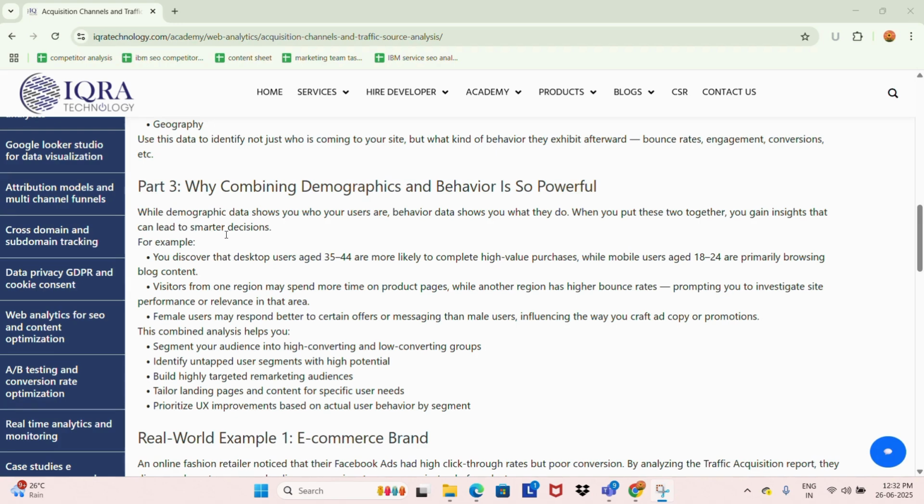Let's say desktop users aged 35 to 44 convert more on your product pages. Mobile users aged 18 to 24 mostly read blog posts. Users from Delhi spend more time on pricing pages than users from Mumbai. Now that's powerful insight. You can now segment your audience, personalize campaigns, and make smarter UX changes, all based on